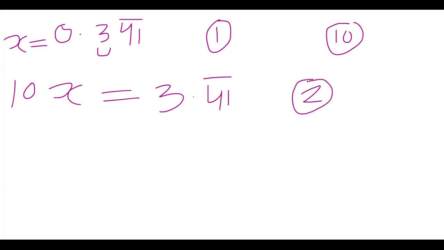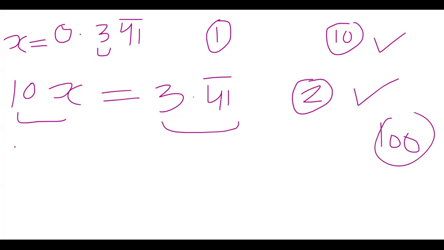Again, I am repeating. If some digits are repeating and some digits are not repeating after the decimal, then we will do one more step of this kind. That is, after the decimal, first we will see how many digits are not repeating. Here, one digit, that is 3, is not repeating. One digit means we have to multiply both sides by 10. So 10 into x is 10x, and 10 into 0.341 bar will give us 3.41 bar. Now we will do the same step that we have done before, because now after the decimal, every digit is repeating. 41 bar is repeating now. Now we have come to the same scenario.